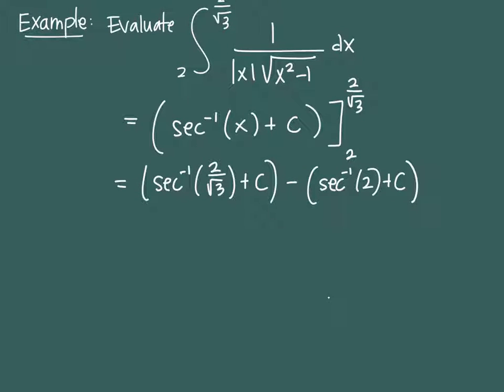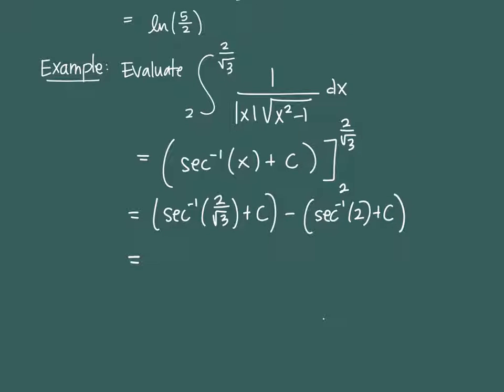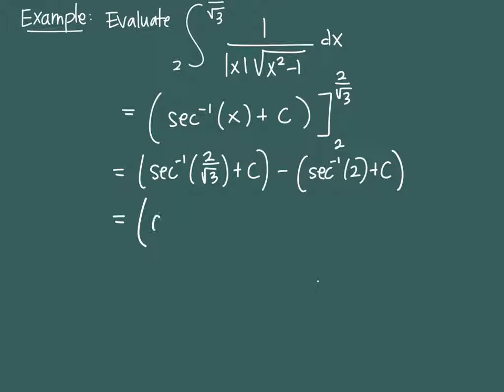Now when it comes to evaluating inverse trig functions, I would encourage you to stick with the main three, which are sine, cosine, and tangent, rather than secant, cosecant, and cotangent inverse. So I would encourage you to switch this problem to be a cosine inverse problem. I think you might find that easier, which you're allowed to do as long as you take the reciprocal of the inside. So secant of 2 over rad 3 is the same as cosine of rad 3 over 2. And again, you can see why it was chosen with purpose and intentionality, because that is a nice number in the world of trig, plus the constant c,